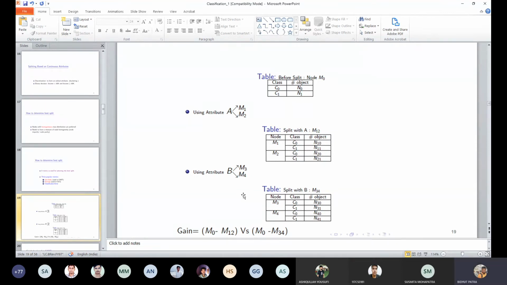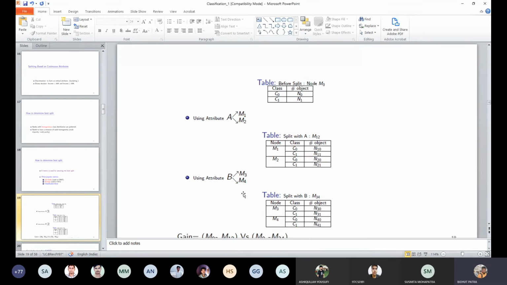Now if we use the attribute A and go for the binary split, then we'll get the subnodes M1 and M2, and the distribution of the node after partition. So the split at attribute A, as you can see in the middle table. So what we see at the subnode M1.